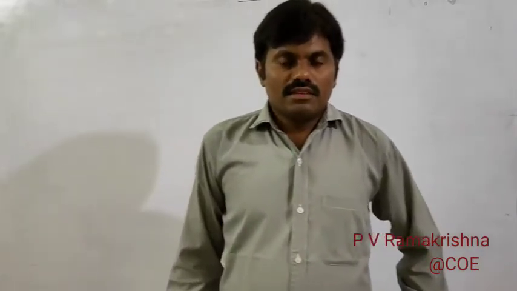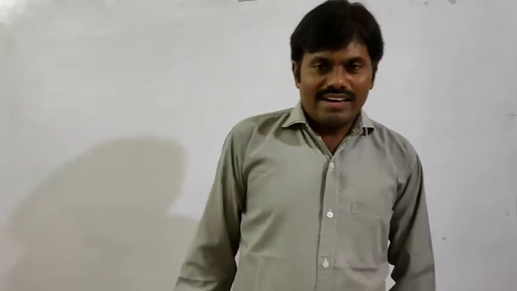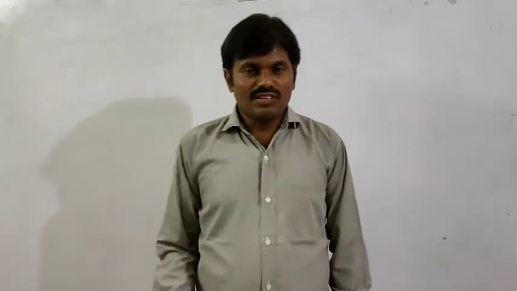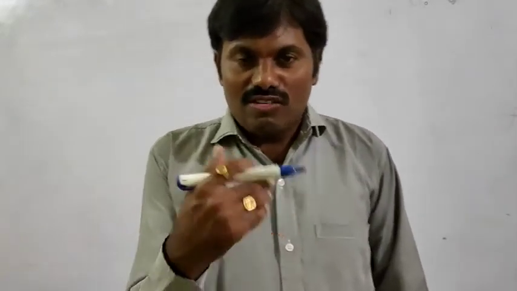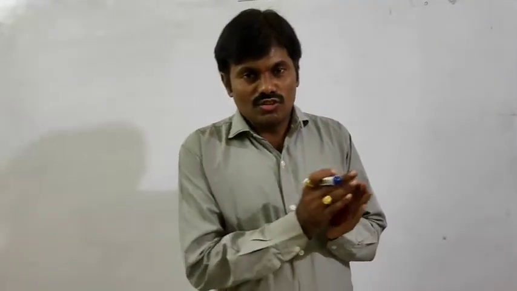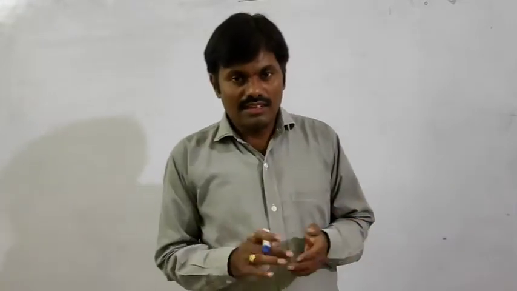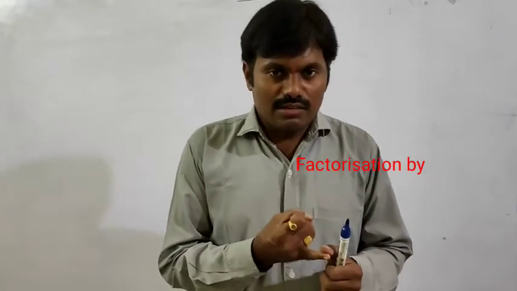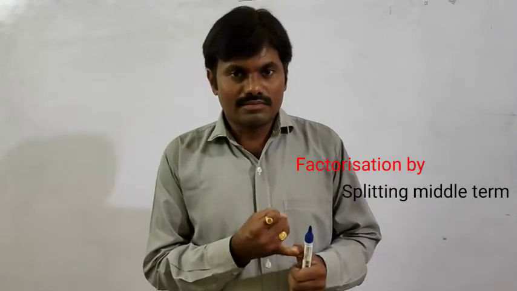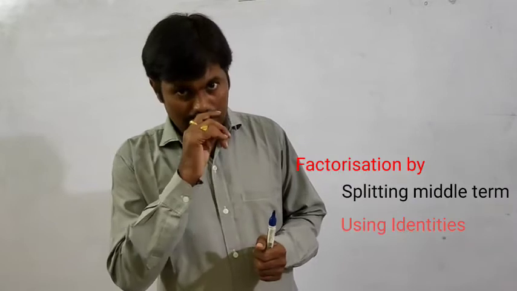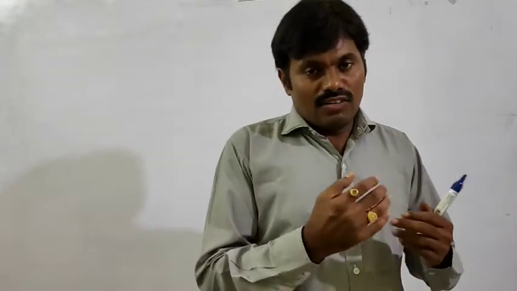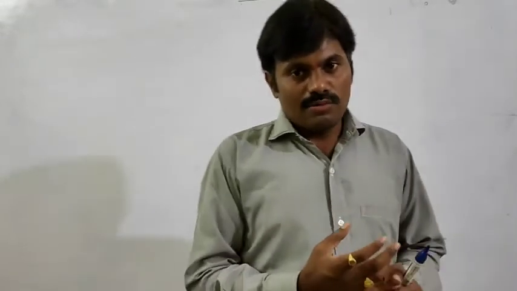My dear children, in previous classes we have solved a quadratic polynomial. Yes, we found zeros of a quadratic polynomial. In 8th class, we followed different methods to find zeros or factorization of a polynomial, by splitting the middle term or using identities like (a minus b) whole square and (a plus b) whole square. Yes, we followed those methods to factorize a quadratic polynomial.